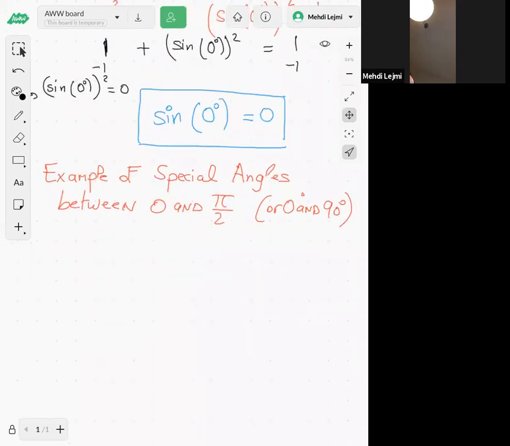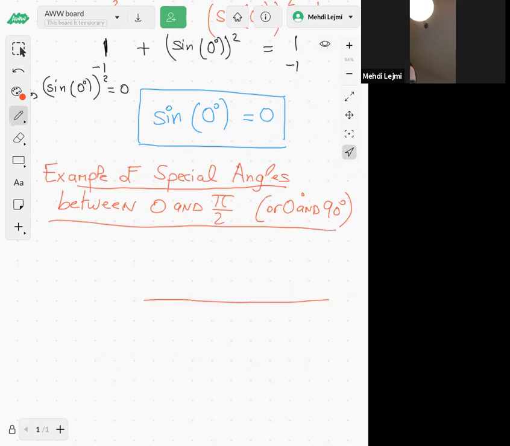So examples of special angles between 0 and 90 degrees, or 0 and pi over 2. Of course, we're gonna start with this chart here. This is my angle theta. We're gonna start with 0 degrees, or angle 0, and then after 0 we're gonna have